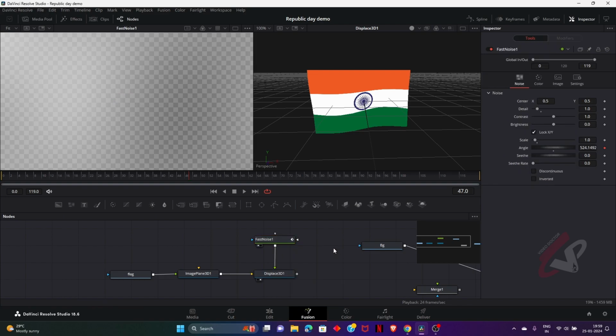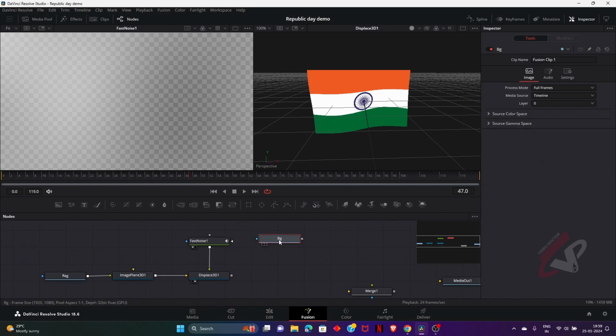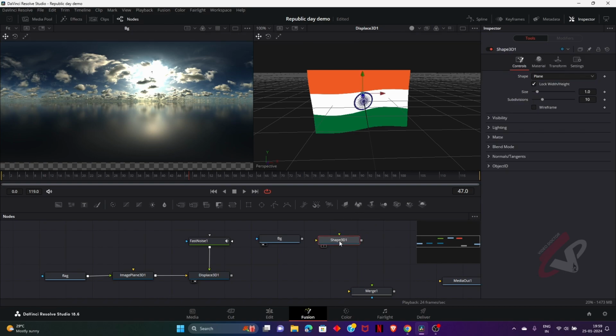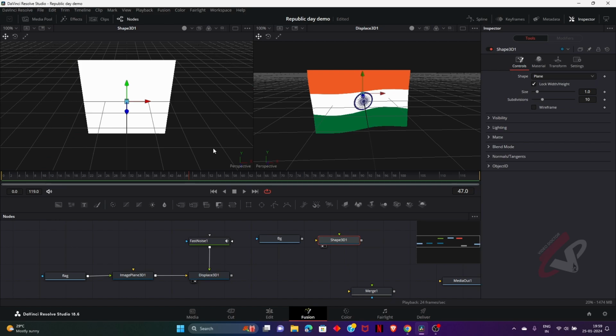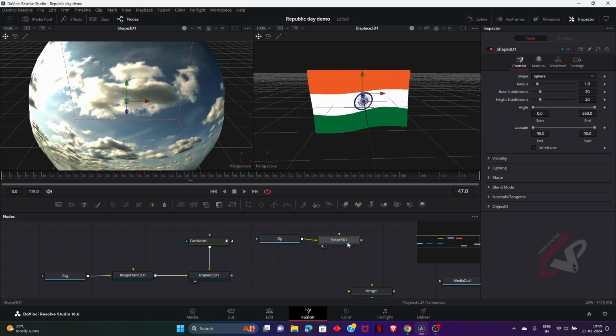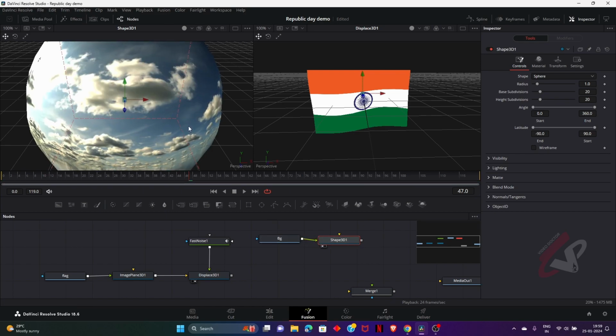So what I'm going to do is I already have a background, but I need this in a 3D space. So instead of a 3D plane, I'm just going to add a Shape 3D and just drag and drop. So it's just a plane. I need to change this to sphere. I'm just selecting this sphere and connecting the sphere to the Shape 3D. Now you can see this has the